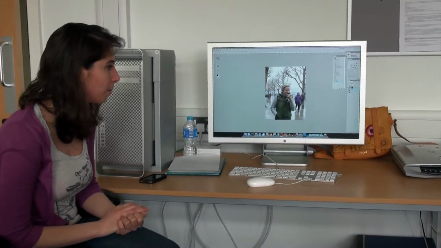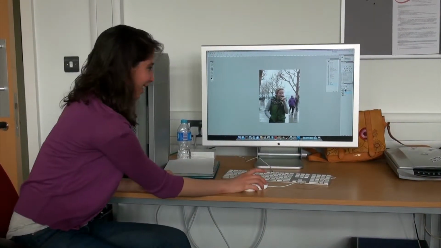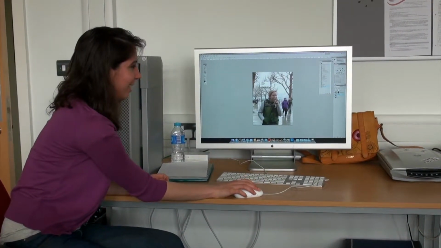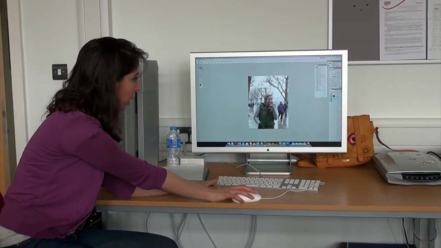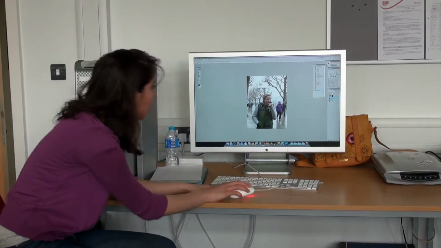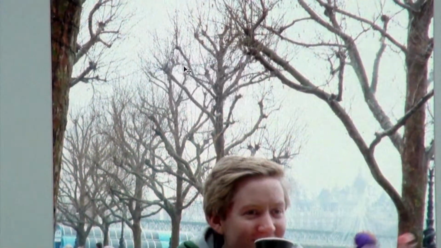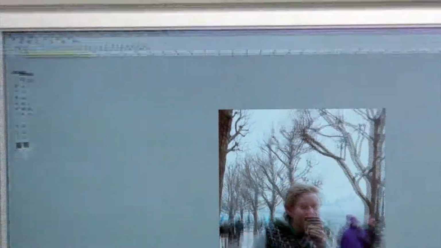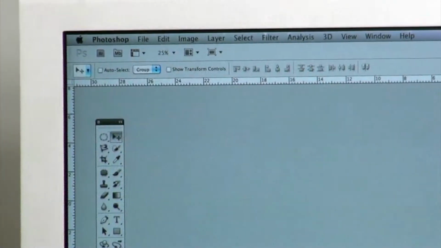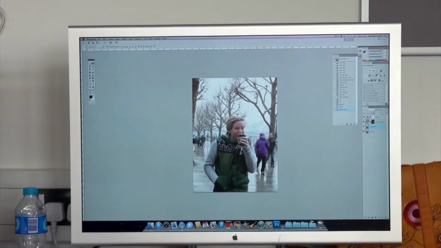Brilliant. Okay. Can you right-click on Mac? Yeah, it's the right click here. Because on some older Macs you couldn't. Oh, really? I think if you press Control and click, it's also done. It's the same. So here, because you have many layers, if you Control-click, it will take you to the Retouch layers. Because here you have an option, Auto-Select. If you don't have it on, see here, I'm selecting Retouch, so it will move the retouched layer. So I cannot control anything else on other layers. But if you have Auto-Select on,